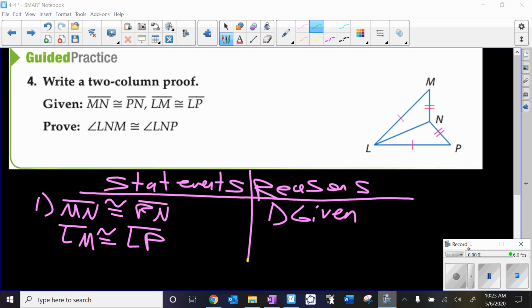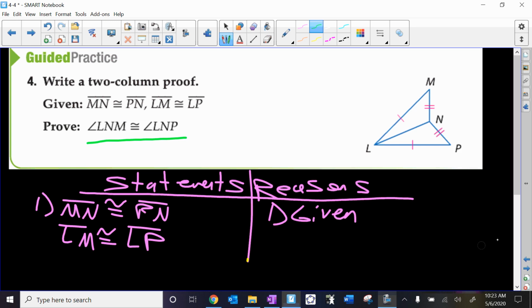The last example goes one extra step from what we have already done. This entire time, we've been just trying to show that the triangles are congruent. Well, in this one, we're trying to show that angles are congruent. But in order to show that the angles are congruent, we first need to show that the triangles are congruent. So we're going to do the same thing that we've done in the past examples, except we'll go one step